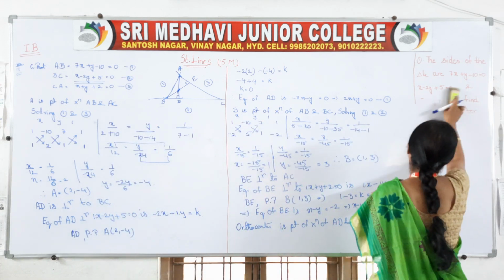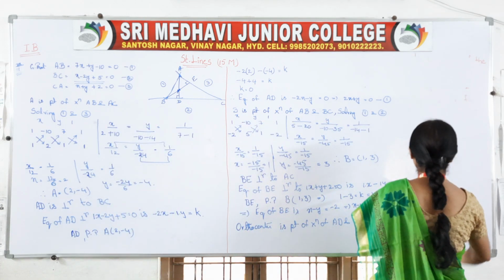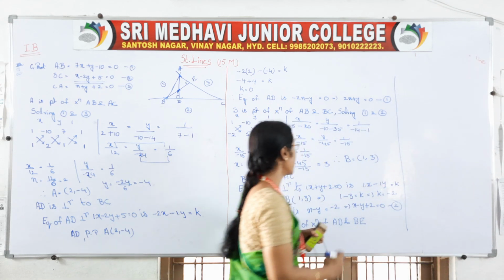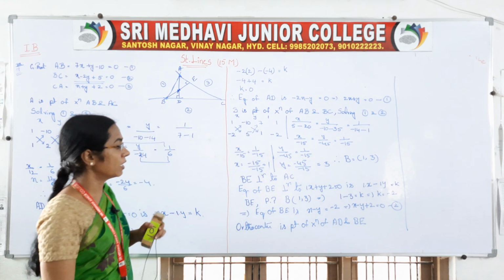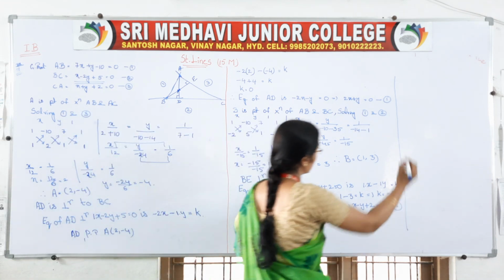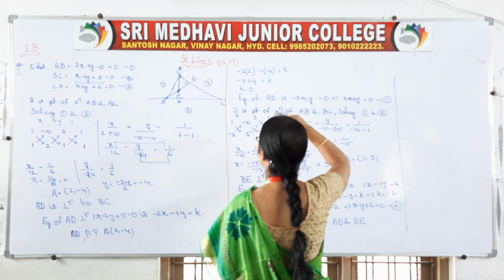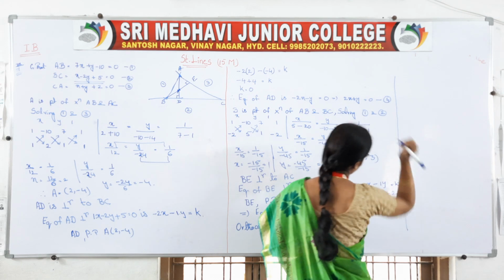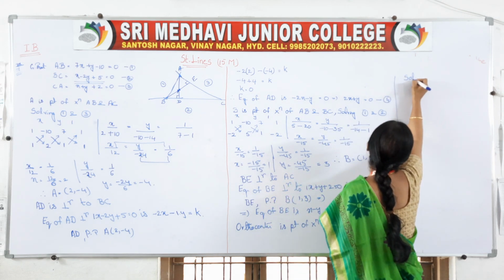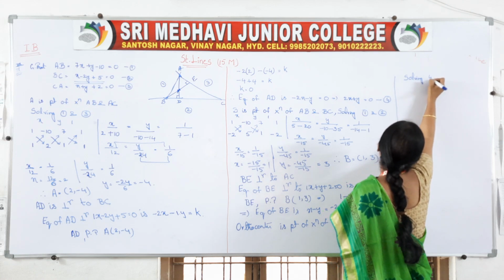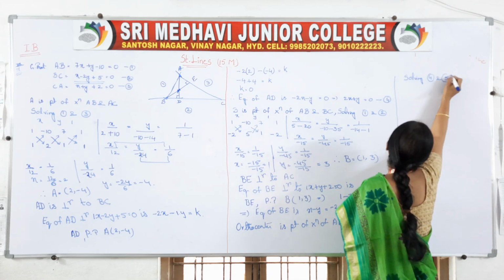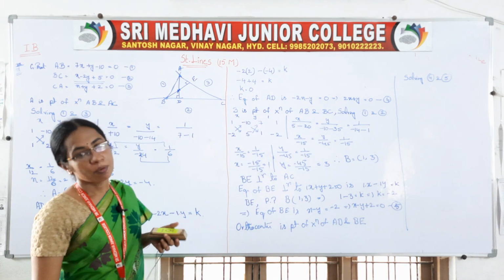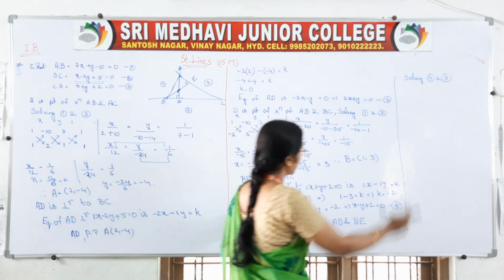Okay. So come on, now we will find the point of intersection of these two lines. Okay. So point of intersection of 1 and 2, solving 1 and 2. So already we got 1, 2, 3. So you can take this as 4, this as 5. So solving 4 and 5. Right guys? Solving 4 and 5. So solving means same thing, cross multiplication method, right?